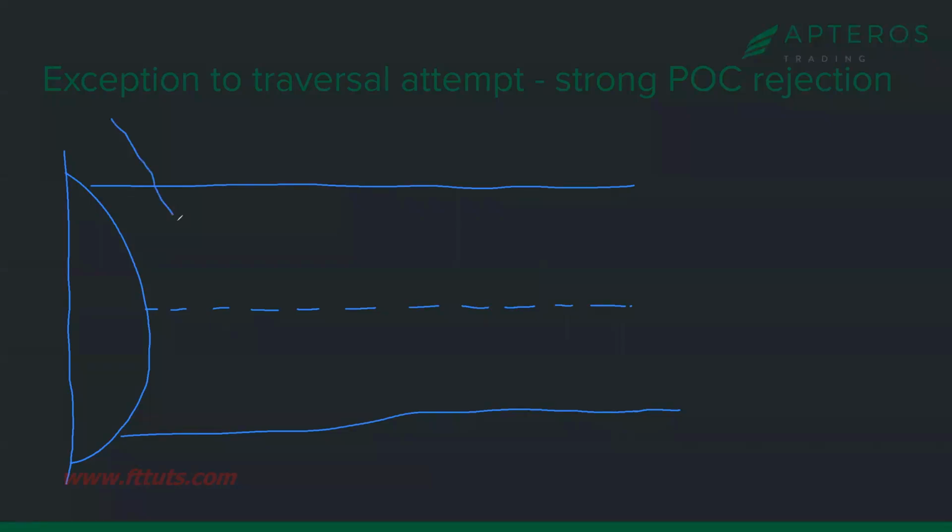If we are doing this, we got our traversal expectation. We got our retest. So we got a couple different laws going on. And then all of a sudden we get to this point of control. And I don't mean, because a lot of times you will see a reaction from the point of control. That's not what I mean. So this is going to take a little more nuance, a little more skill to see, but we'll get you there. It's not going to be a focus of ours for this week or anything like that, but we can notice it. Like I said, it happened today, but it needs to be something where you, using shorter term tools, realize that, hey,